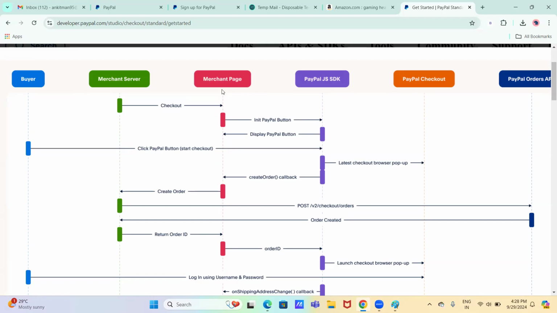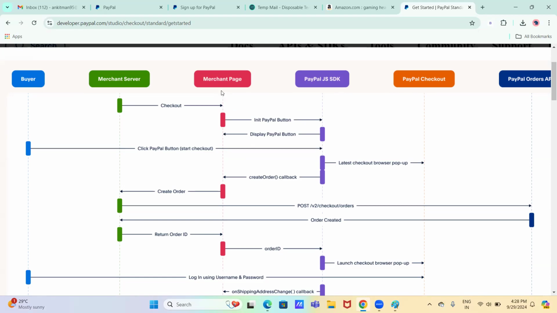In that order summary you have your amount, your product, your shipping address, right? So in the merchant page, the same things are shown: items, shipping, total amount, right? After that,